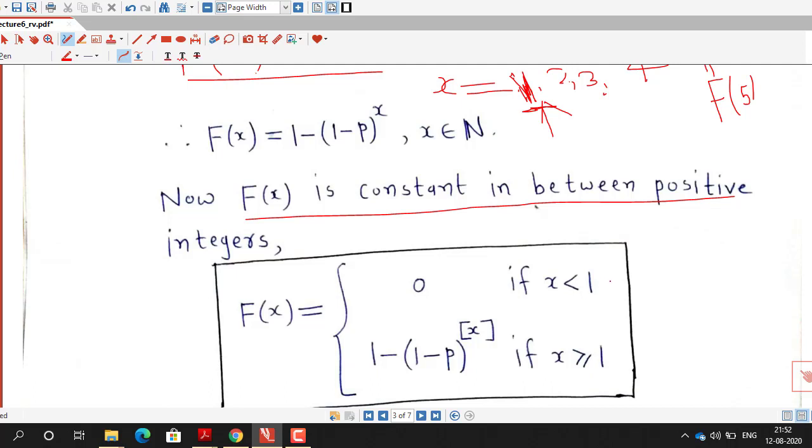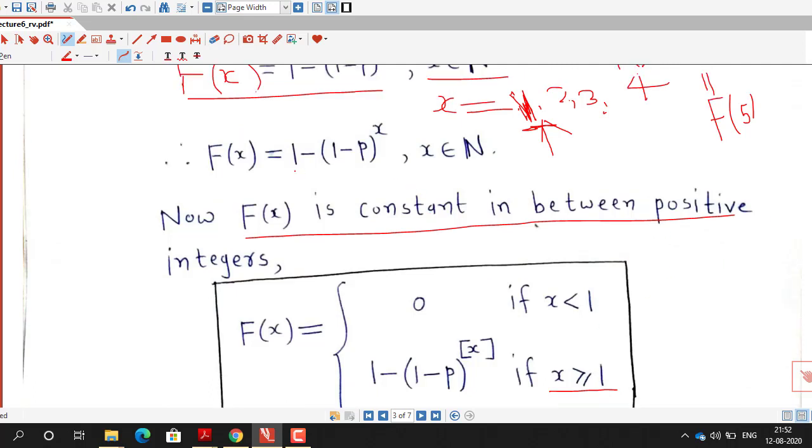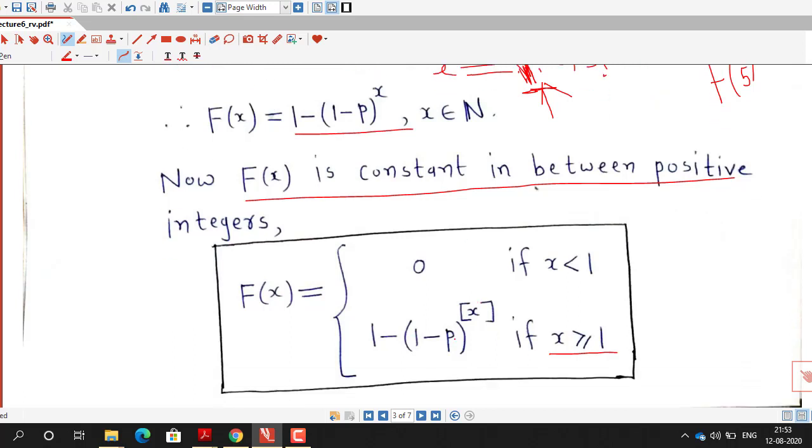For every x which is strictly less than 1, F of x has value 0. And if x is greater than or equal to 1, that is, x is any real number greater than or equal to 1, we write this in this form: 1 minus p raised to